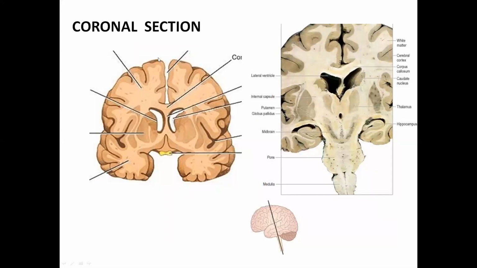Now, coming to the sections of brain, coronal section. So the coronal section, you'll get to see the superior, inferior, anterior and posterior aspect. Okay. So here, in the superior aspect, separating the right and the left cerebral hemisphere where the purple arrow is pointing out, that's the median longitudinal fissure.